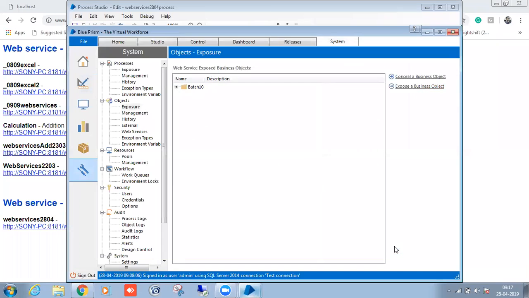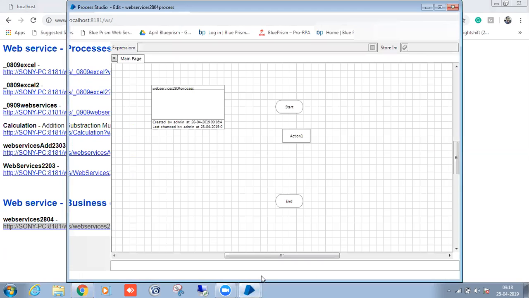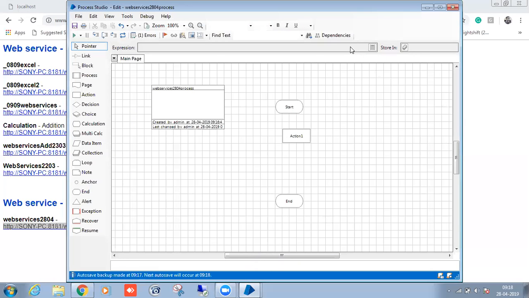After exposing the process, go to www.localhost 81.1 web services. This path. If you go to this path, you can see how many you have exposed as a web service. You can see all the things. Okay. Suppose which one you want to give to the other company, copy that URL and share it. Once they share it, what the company B will do, they will go to the system